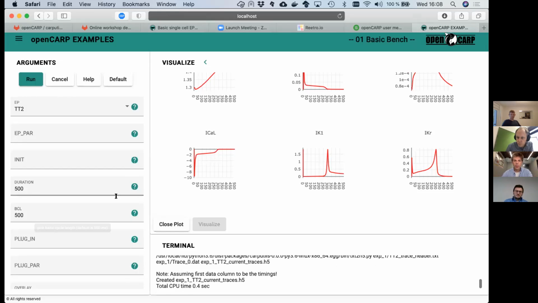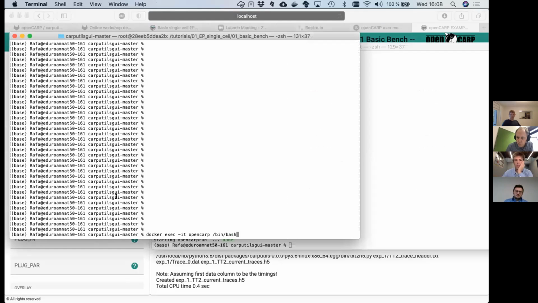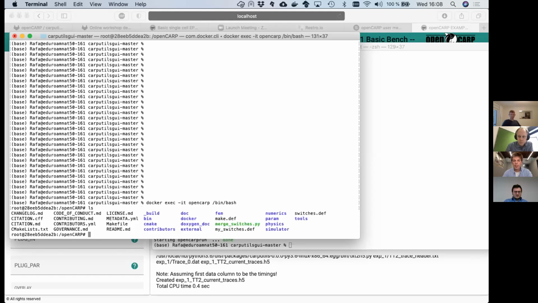And for instance, for that, you can come here and execute a command to go to the openCARP Docker, and then just enter it. You will be inside the virtual machine. So right now, I'm inside the Docker that is running openCARP, and here there are some folders, as you have seen